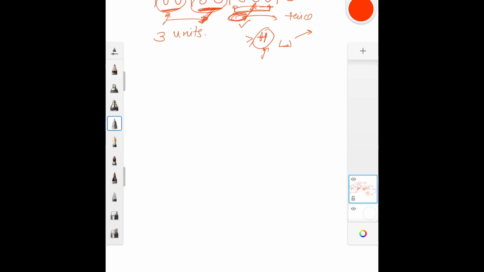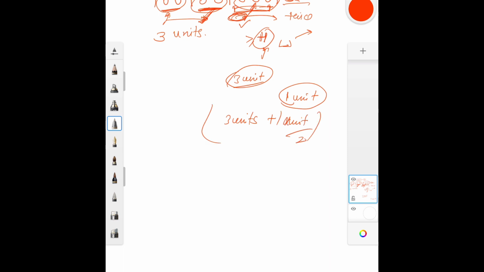But what we can do is, let's say I start from the backside. If I start from the backside, I know that this is giving me 1 unit of sleep. Now if I come to this point, I'll get 3 units of sleep, but actually I'll get 3 units of sleep plus whatever was there in the past. I will only get half of that, right? 1 unit divided by 2. So this will be my actual value if I start from here, right? The other option we can have is only 3 units, right? I can just start from here. So these are the 3 options.